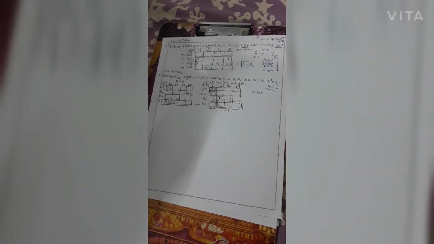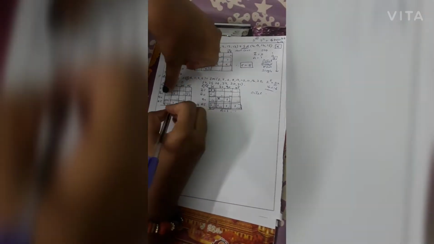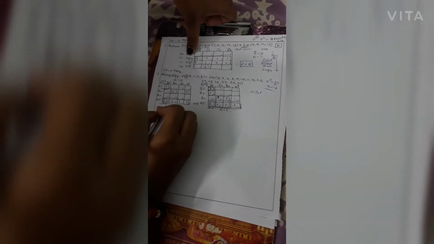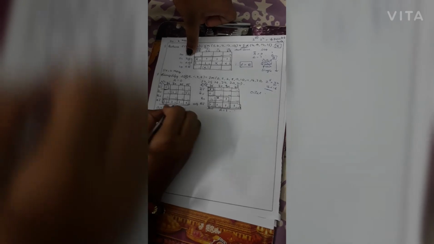Now let us give the most important thing, the labeling. The first one we did was an octet. So for an octet, let me mention the numbers so that it will be easier. 8, 9, 10 and 11.